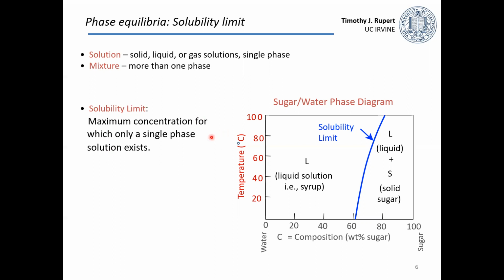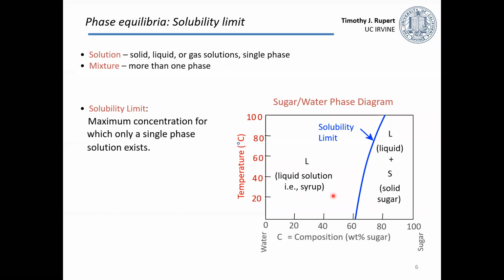And this is just the maximum concentration for which only a single phase exists. So let's start out with that pure water and think about what happens. We'll just start out at some temperature. We'll start at room temperature. In this range, we have a liquid phase. So it's described here. And this is just a solution. You can think of this as a syrup. So we're adding sugar into the water. We can keep adding it. We're moving on this plot, but we're staying in that same region, which is labeled with that capital L,